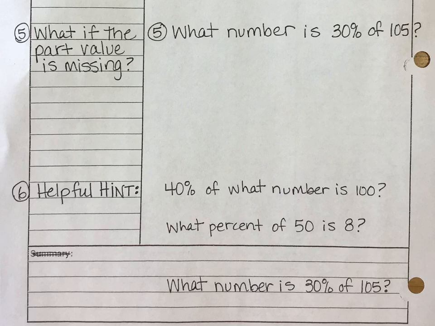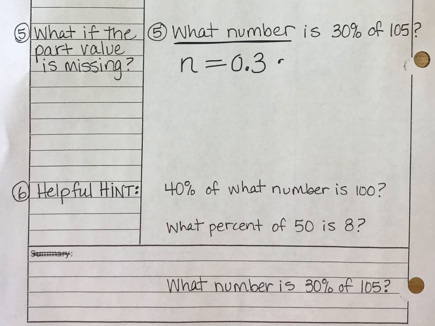Question 5 asks, what if the part value is missing? Well, in this case, when the part is the piece missing from our equation, this is the easiest one of all to solve, because you will know the percent and the whole, and therefore you can just multiply them, like we did on the front side in that very first example. So in this case, the what number piece right here is the part. So the part, let's call it N for number, is equal to 30%,